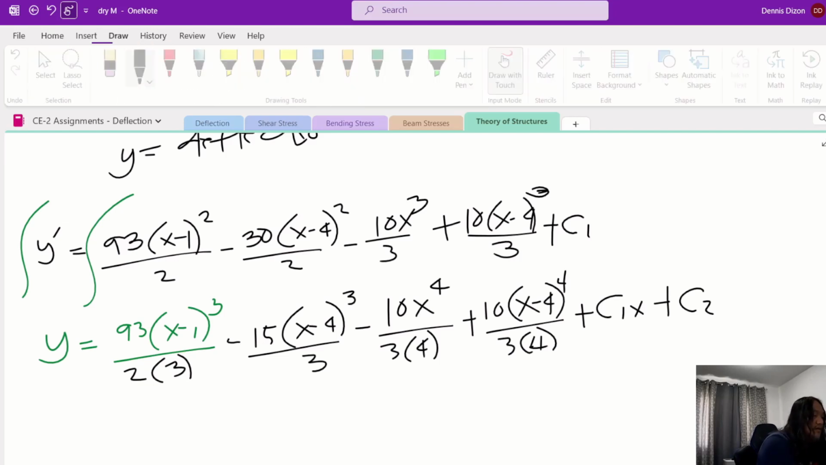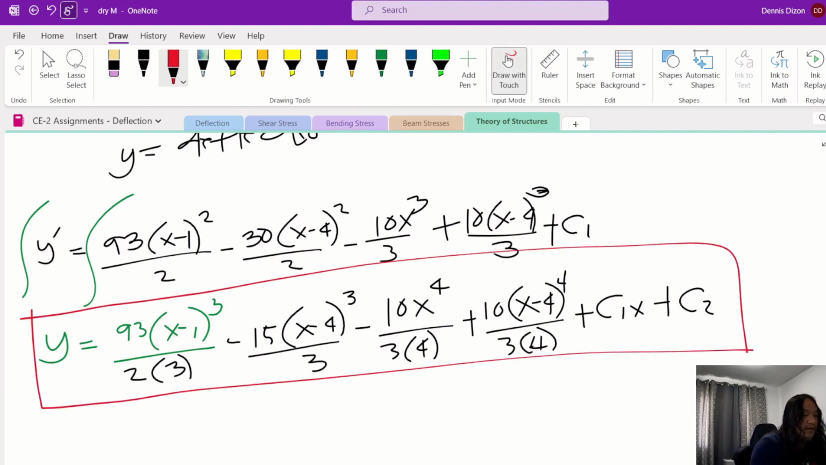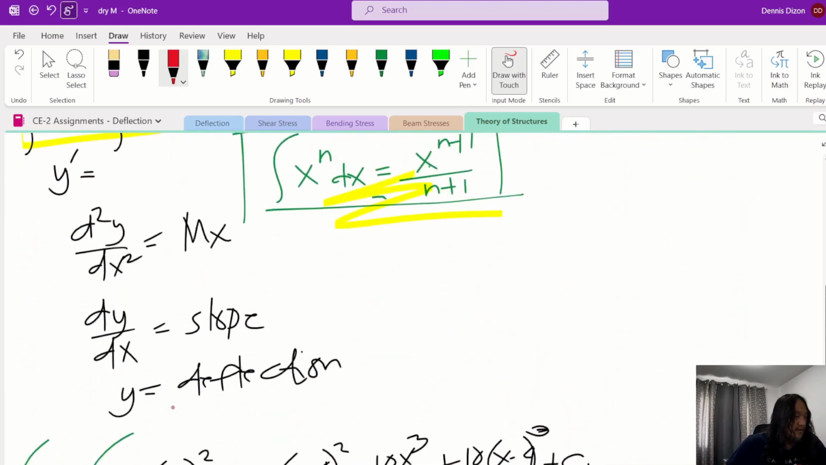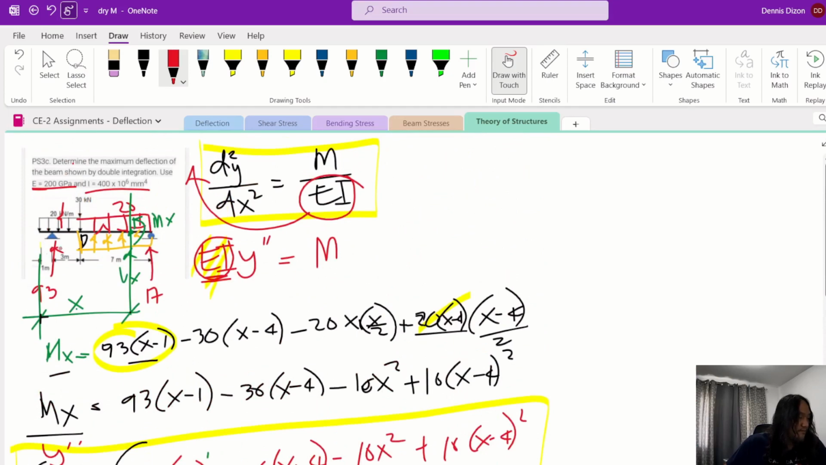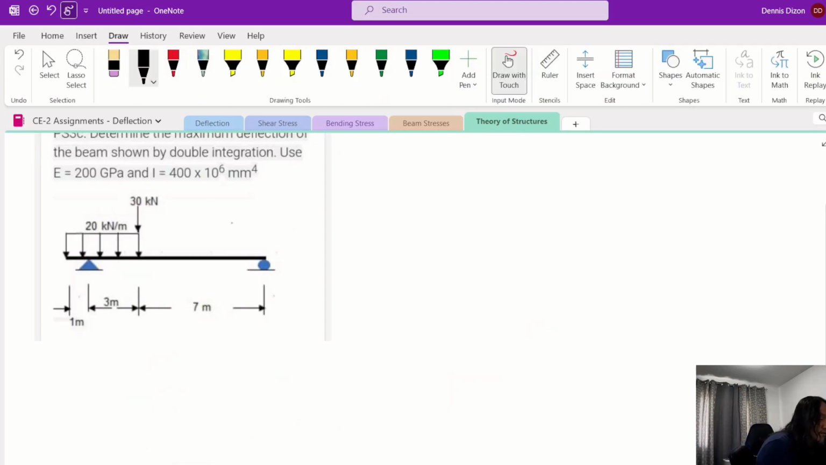Now this is our final equation for the deflection, but we have first to solve the values of C1 and C2. Now going back to our deflection or the load diagram, this one here, we'll just add another page. Y is equal to, transfer our equation here,